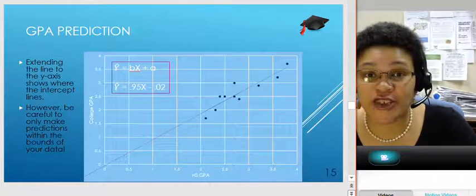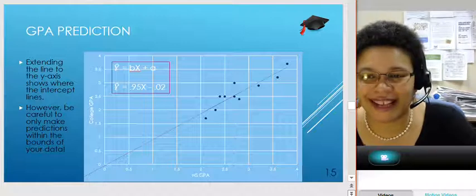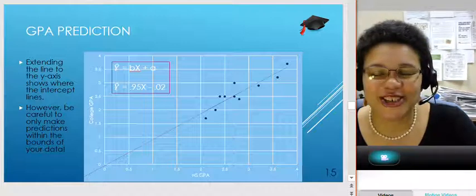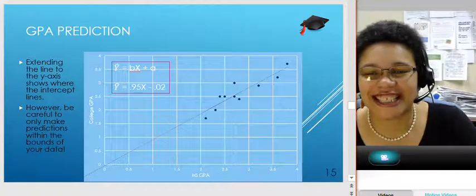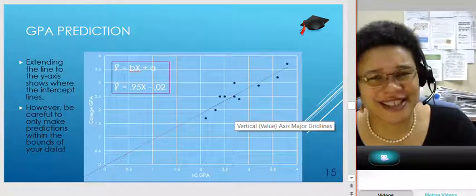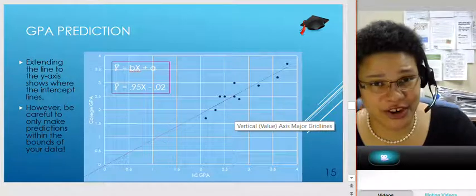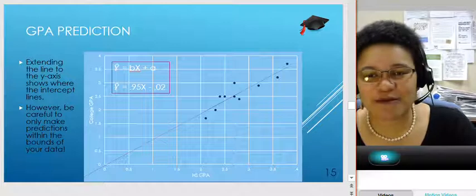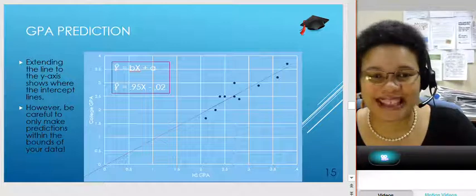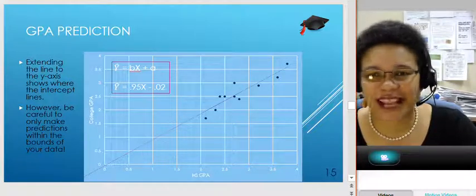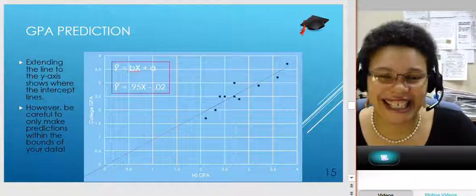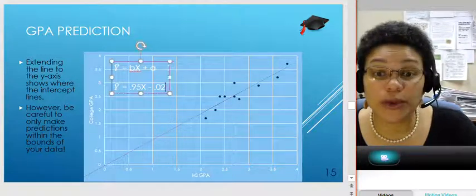Just in case you have a high schooler at home and you want to see how they're going to do in college. Of course, there's a lot of individual variability, right? So this is just our best guess based on made up data, actually. All right. And so what we would do is